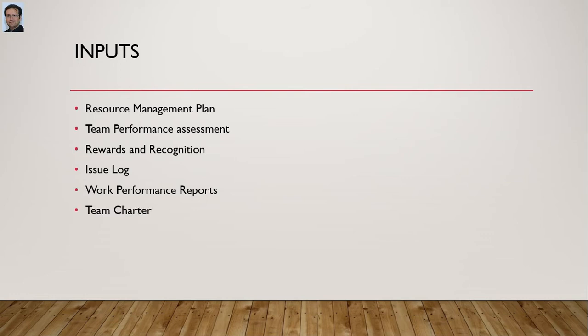Next is team charter. How team members will interact with each other. So, team charter is the output of plan resource management, which is the first official process of resource management knowledge area. Next is lessons learned register, which describes what was learned in the project that can be applied to the later phases in the project to improve the efficiency and effectiveness of managing the team. Enterprise environmental factors and organizational process assets are the common inputs to all processes in project management.